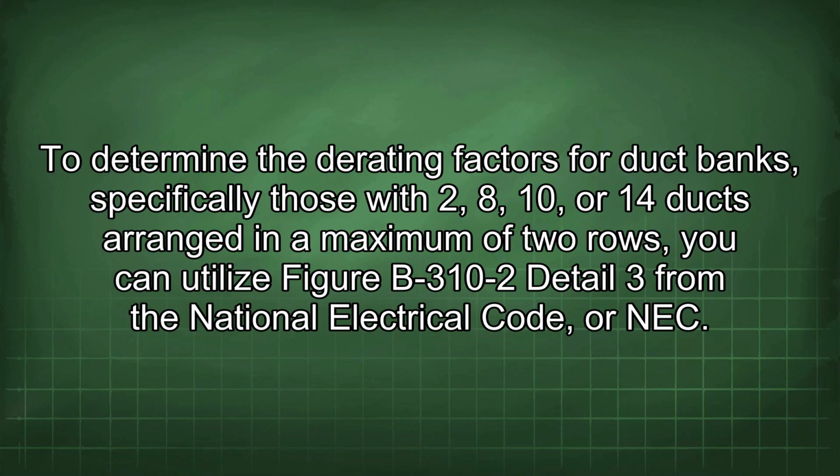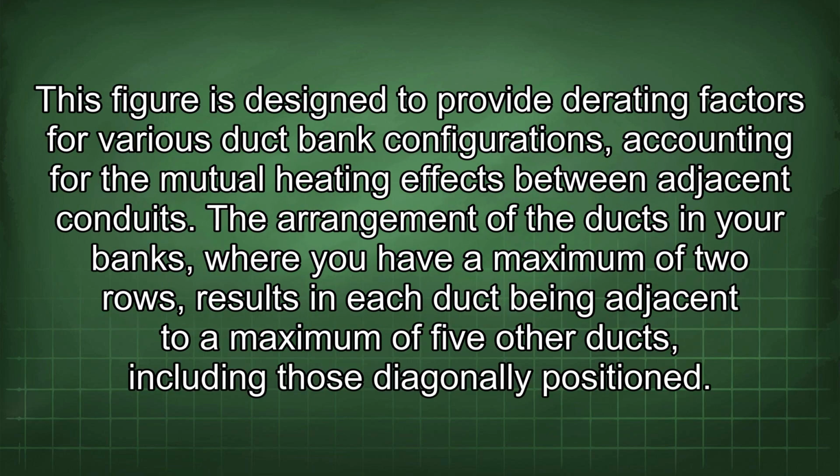To determine the derating factors for duct banks, specifically those with 2, 8, 10, or 14 ducts arranged in a maximum of 2 rows, you can utilize Figure B-310-2 Detail 3 from the National Electrical Code, or NEC. This figure is designed to provide derating factors for various duct bank configurations, accounting for the mutual heating effects between